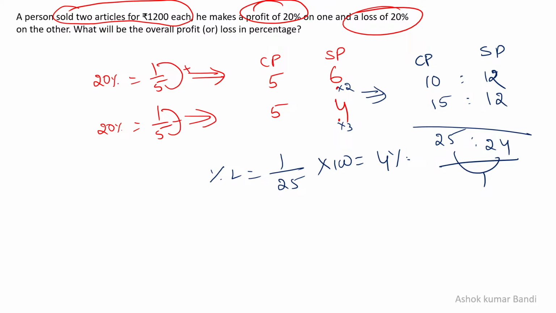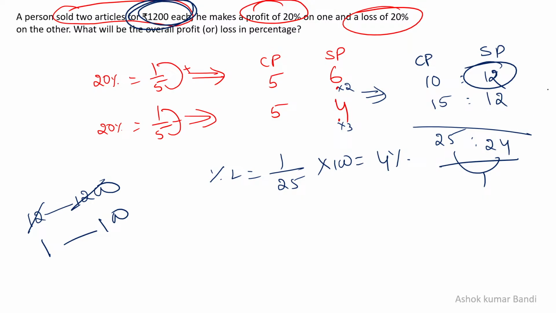But now the question comes, how are you going to find out in terms of rupees? Simply take the known values. For example, here I know the selling price of the first article. How much is it? 12 in our case. So in our case 12 equals 1200 in the original problem. That means in our case 1 equals 100 in the original problem. You can find out all these values. How? For example,